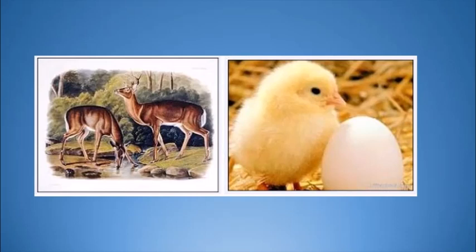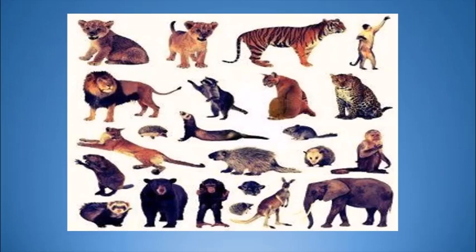So two types of animals again. Oviparous, that is they lay eggs and hatch them. And then we have viviparous, that is they give direct birth to the young ones. Another thing is that the animals that live on land, that is the land animals, are called the terrestrial animals. So all the animals that you find on the land are called terrestrial animals. They survive on the land, they eat whatever food is available on the land, and that is why they become terrestrial and are called what?